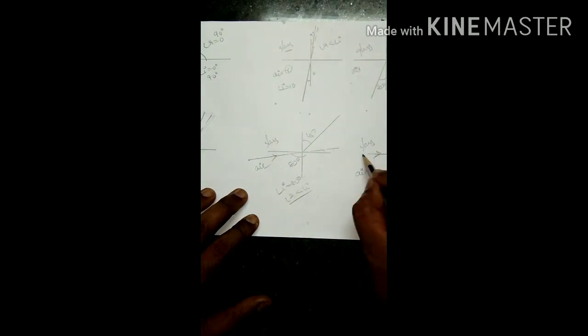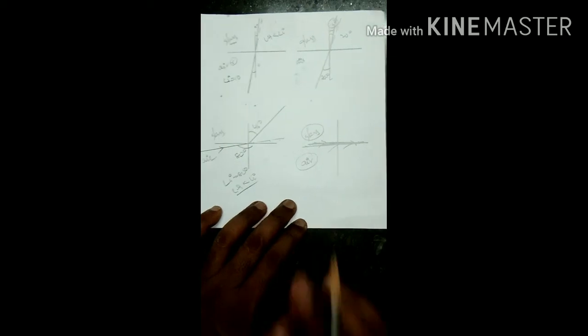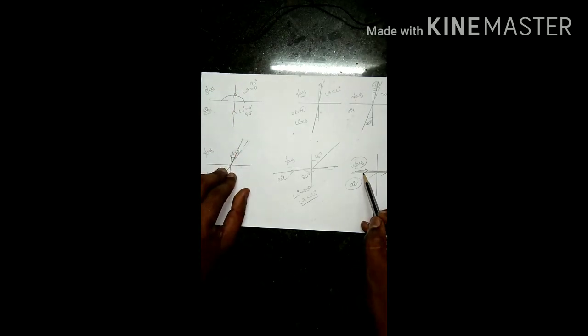And here, if the light ray grazes the interface line of air and glass, there is no deviation. So in two cases the light ray does not deviate at all. That is, whenever the light ray strikes the surface at an angle of 90 degrees, or when the light ray grazes the interface of the two optically different media, there is no deviation of the light ray.